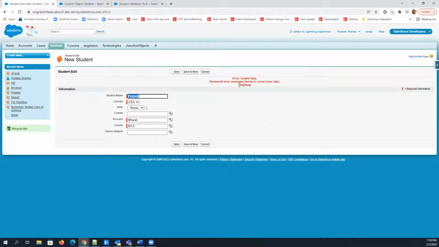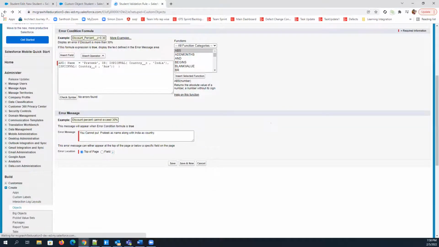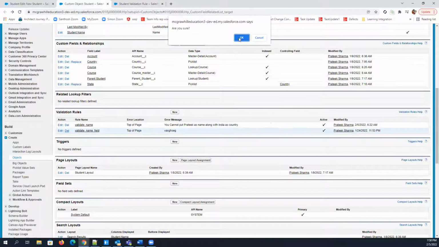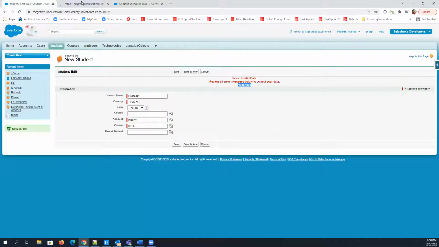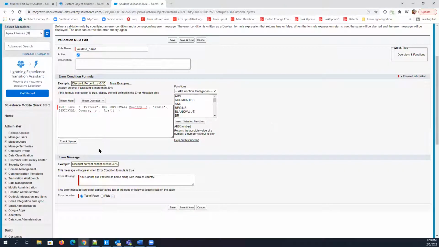Yes, it is passing. There is one more validation rule that we need to deactivate, because we are not getting our validation rule. Let me just deactivate the other one. So it can be long scenarios as well, depending upon the requirement. It doesn't matter if you are aware of how you can create a validation rule. From the top condition, you need to decide what conditions you need to put here.